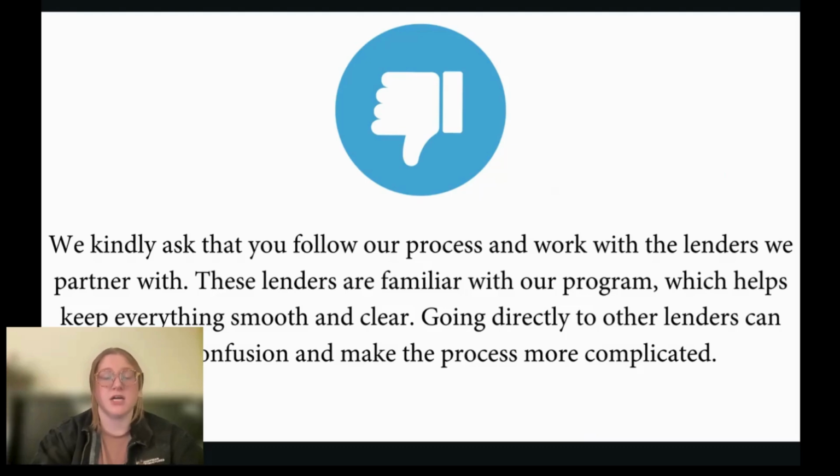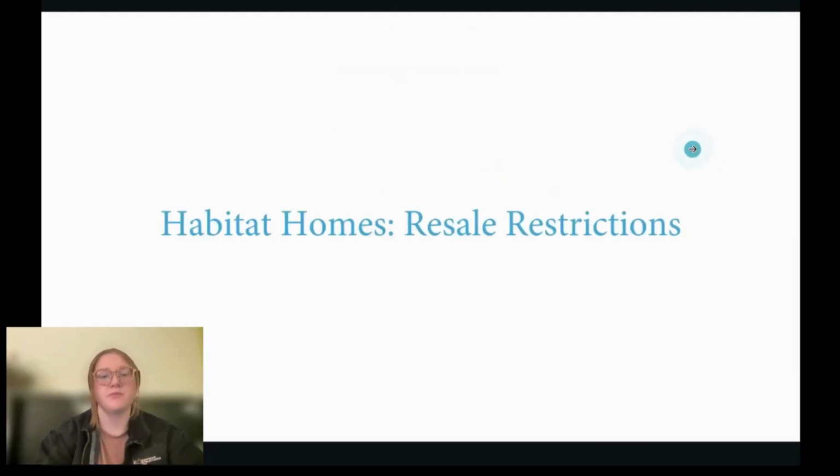A land trust is not a typical mortgage lender specialty. So the lenders we work with are really bringing a lot of extra experience to the table. They'll make this a lot more continuous, a lot easier, a lot less stressful for you if you just continue to work with them. So we please just ask that you don't go to any mortgage lender and ask, hey, can you finance me for a Habitat home? Because our process is a little bit different.